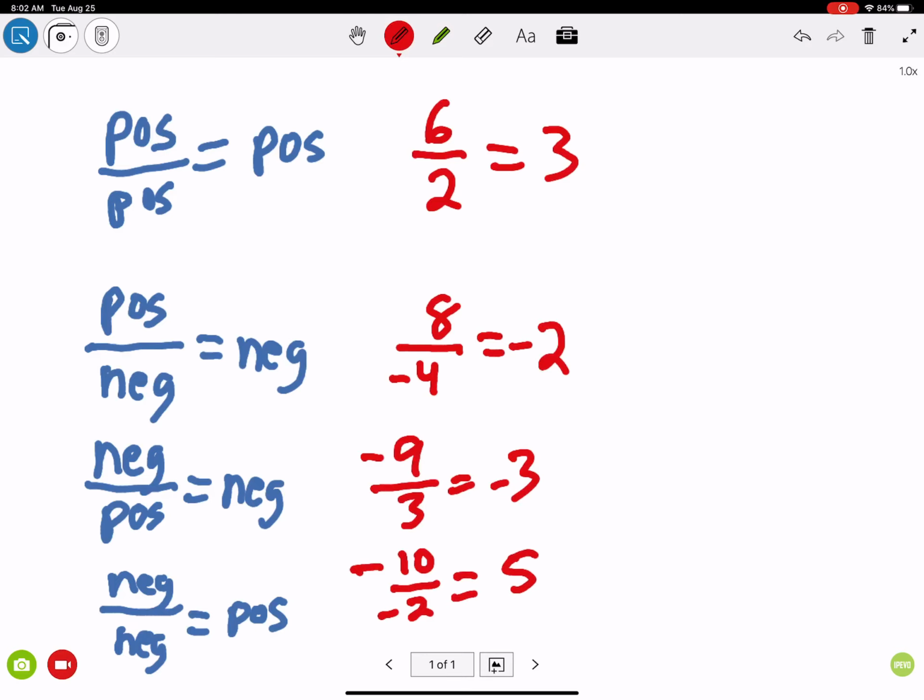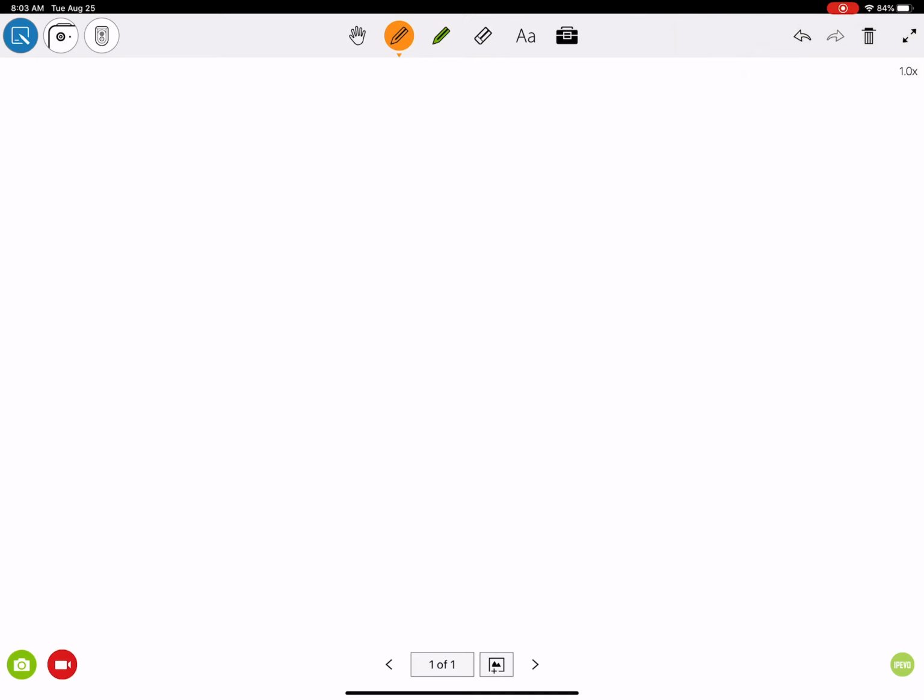Now, I want you to think about really quickly what's happening here. Notice where the negatives are. In the first two, the 8 divided by negative 4 and the negative 9 divided by positive 3, there's one negative symbol, which means only one of these two integers is negative. But the outcome is completely negative, correct? Now here there's two negatives, which meant the 10 was negative and the 2 was negative. So what I want you to understand is if I have a fraction, okay, if I have a fraction